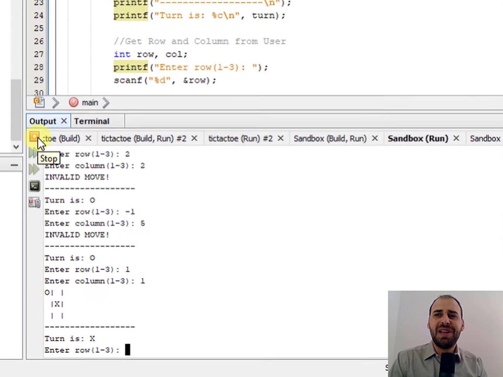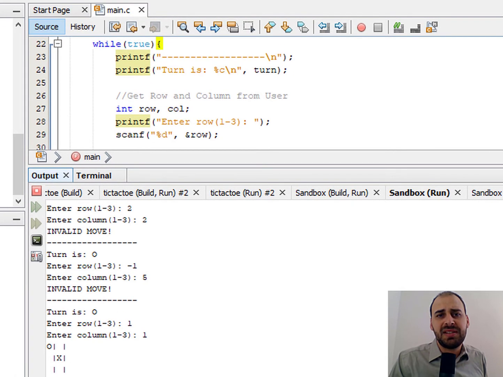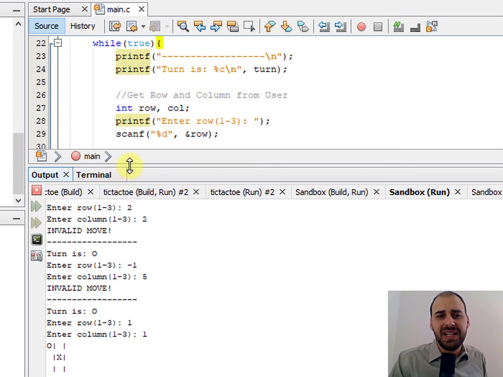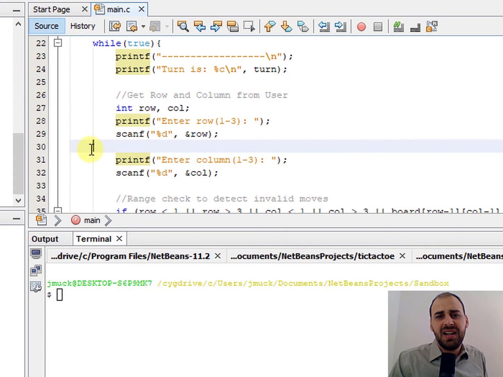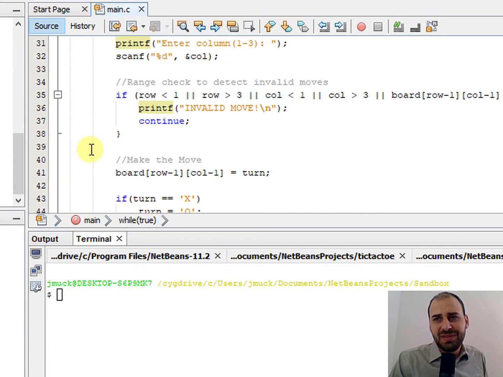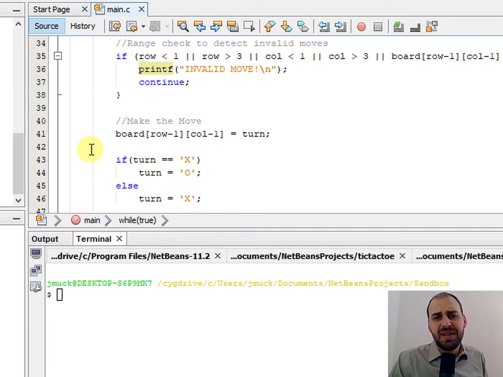Let's do maybe one other thing here. And again, this isn't the perfect design. We're not going for perfection here, because some of the best ways to build this require some concepts that we have not learned yet. Most notably functions, which we will have in a subsequent video. But let's look at how we could maybe extend this